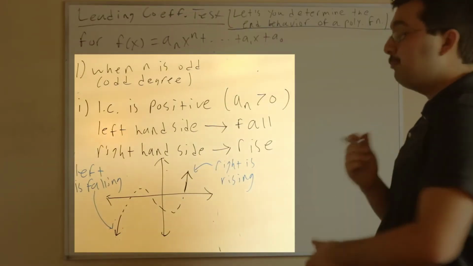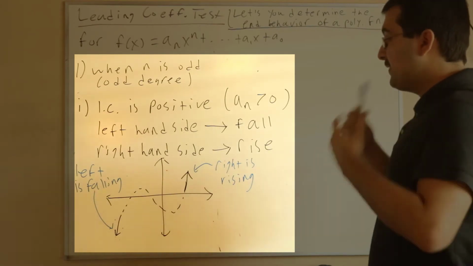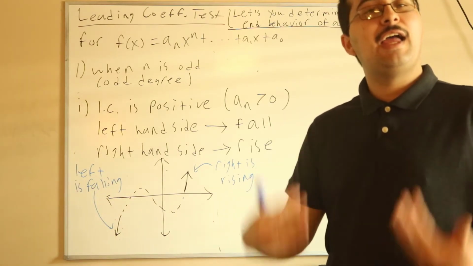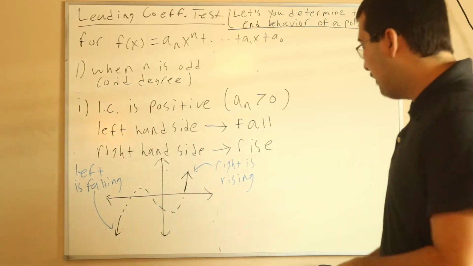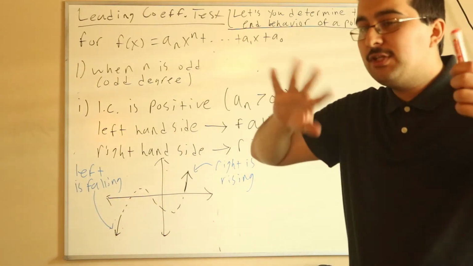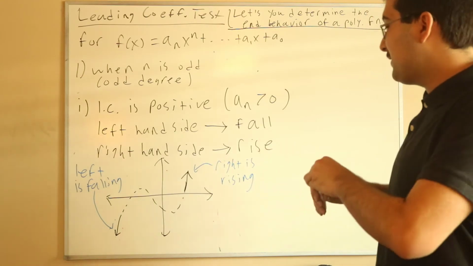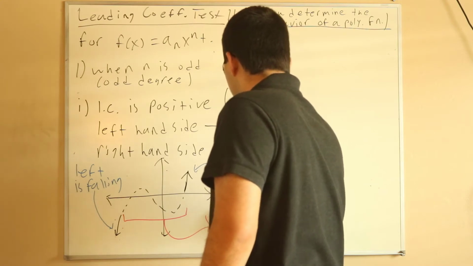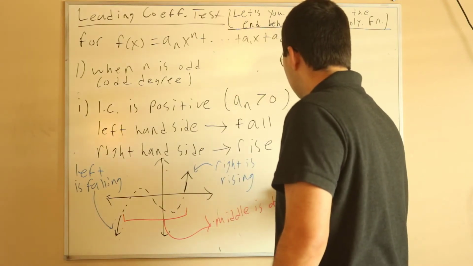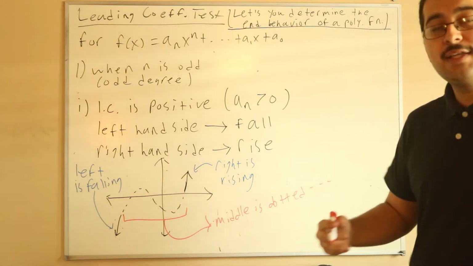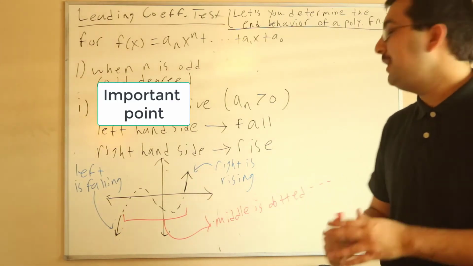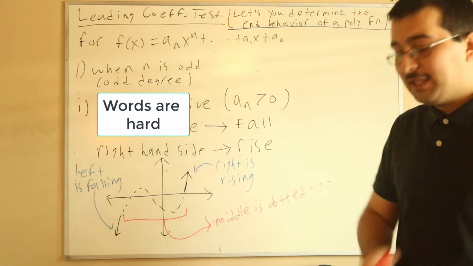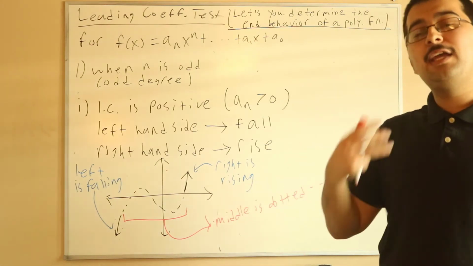So, one key point I want to make about this test is that what have we made a comment about? We have made a comment about the left hand and right hand end behaviors of the graph. So remember I talked about how there's the middle portion, where the middle can do a bunch of crazy things. So what I want to emphasize in this visual example is that my middle is dotted. My middle is dotted, and why is that? Because I have no idea what's happening in the middle of this graph. It may not look like the dotted line I draw. I have no idea how it's going to look because I'm making no comment about the middle